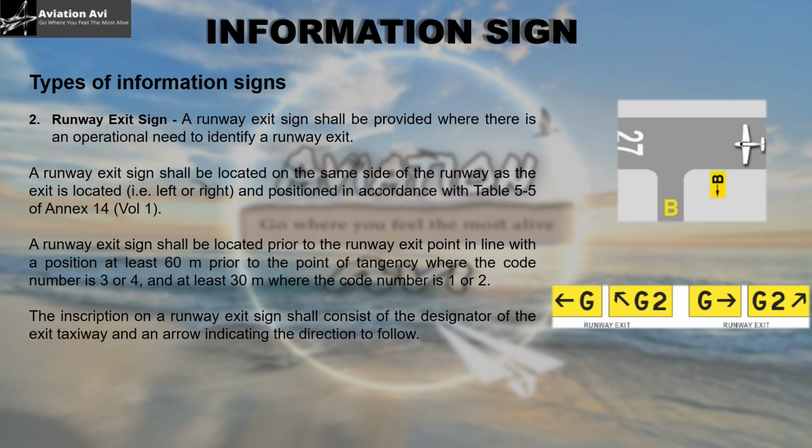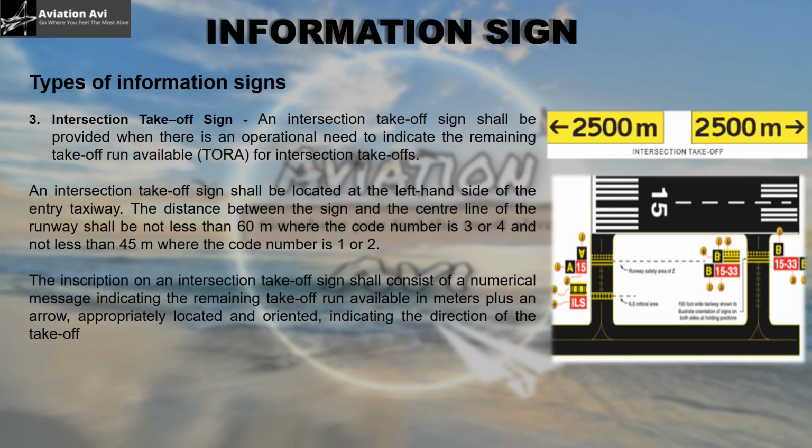This is the information that is being transmitted or inscribed on the runway exit sign. The next information sign we have on board is the intersection takeoff sign. An intersection takeoff sign shall be provided when there is an operational need to indicate the remaining takeoff run available